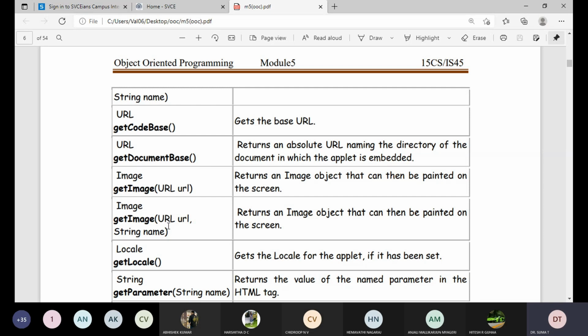So you have getImage with the URL, and it returns an image object that can then be painted on the screen.